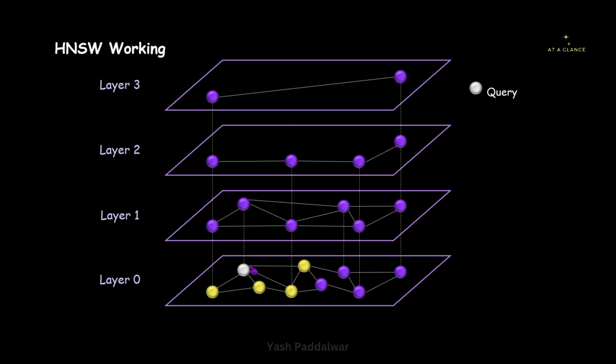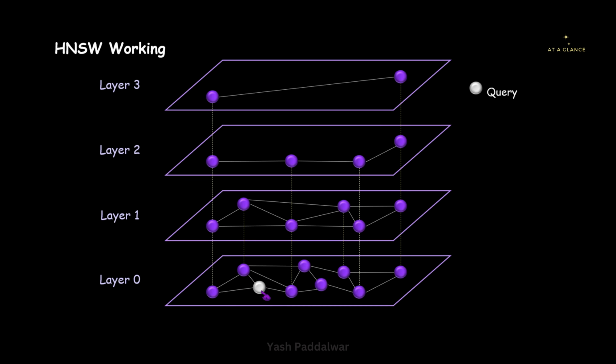Now for this current node, we have 4 neighboring nodes. We'll do the same thing. We'll compute the similarity of all these nodes with the query vector. Whichever is higher, we'll make that the current node. Now after computing the similarities, we have found out that this particular node has the greater similarity. So we'll shift the current node here. So this particular node is now called the current node.